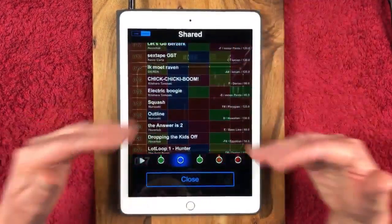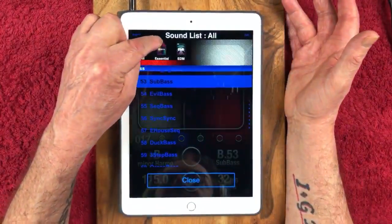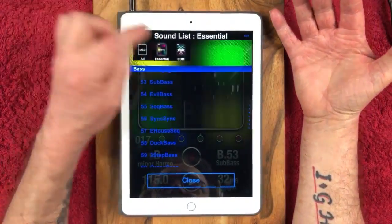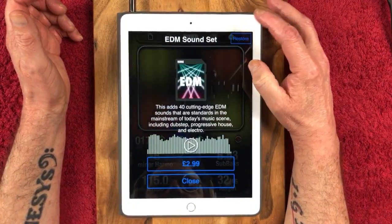See, this is what people have unloaded. But if we go to the sounds pack, you have these. There's everything there. And then you have the essential list, and then the EDM stuff. Now I'm pretty sure I must have